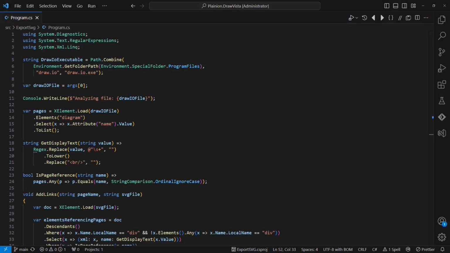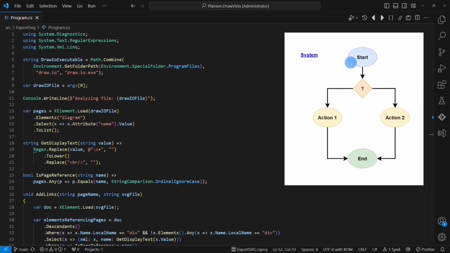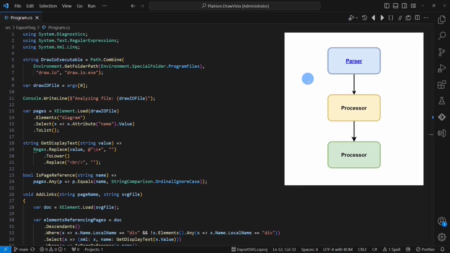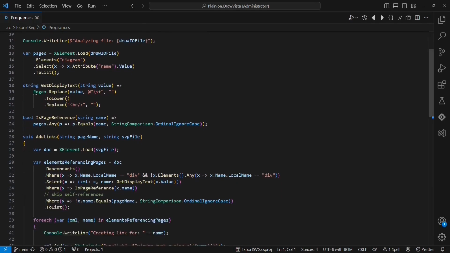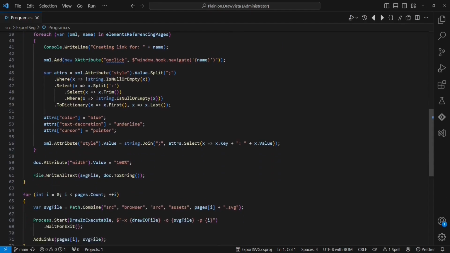Here's a prototype I wrote a few days ago. Its purpose is to export scalable vector graphics from Draw.io documents and add hyperlinks to create interactive diagrams. I think the code is not a complete mess. It has some smaller functions to encapsulate details, but it also has some issues which are quite common when violating